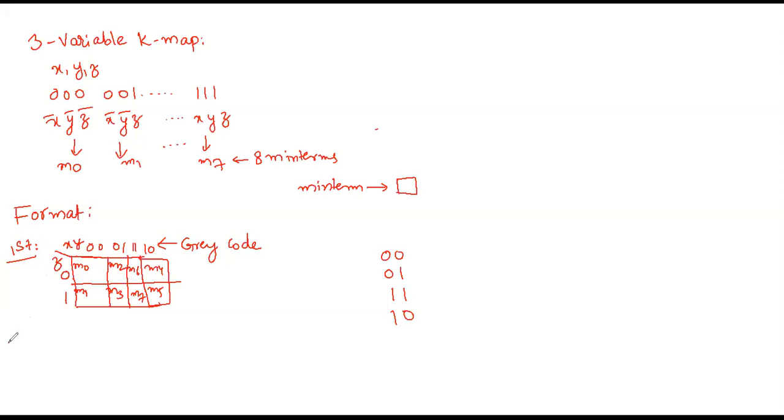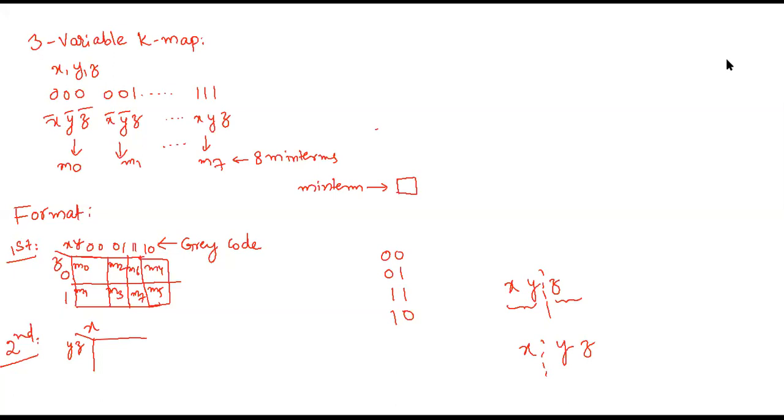And the second type is, instead of taking XY at one corner, we have X, Y, Z. In the first format, I divided XY as one group and Z as another group. But I can also divide X as one group and YZ as another group. So the second format is X as one group, YZ as another group.